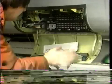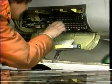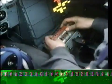Every item has what is known as BITE, or built-in test equipment. BITE tells the flight and ground crews what, if anything, has gone wrong, and what needs to be done to correct it. A central maintenance panel displays the status of each item and allows the ground crew to identify any malfunction with confidence using a checklist. An even more extensive system survey can be made by loading a special test program cassette in through the cockpit voice recorder. This feeds into the main computer, and the results can be read off the right-hand tab in the